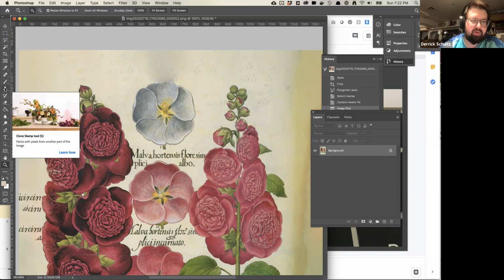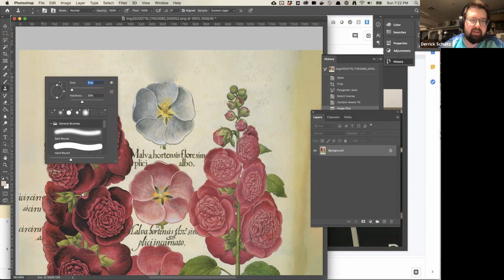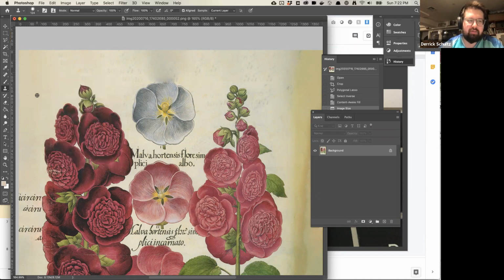So the stamp tool is this tool over here. Basically, it is set based on how big of a pixel range you want, and I usually leave the hardness a little bit soft, just so that way you don't get hard edges. And then what you do with the stamp tool is you hold down the Option key, and that's going to sample from the area you're in. So if I sample from here, now I can paste this anywhere I want to, right? So this is a nice little area where it's just paper texture, and you can paste this in here.